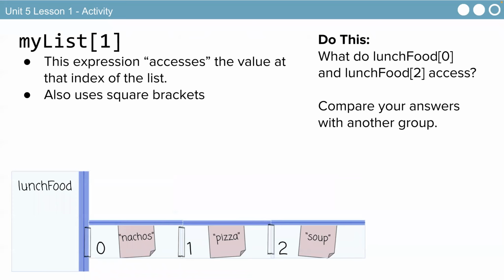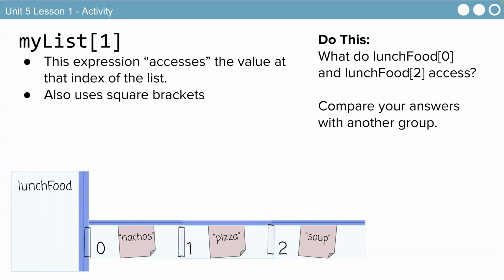Suppose we want to now get to an element within the list. You write the list name, square bracket, the index number. So myList at index 1 would be whatever you have there.